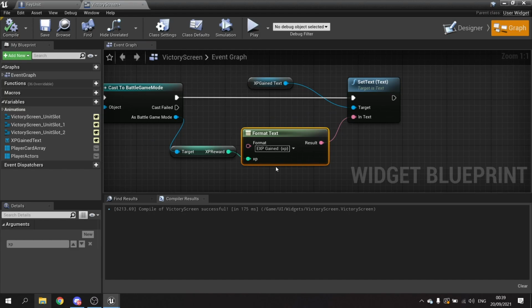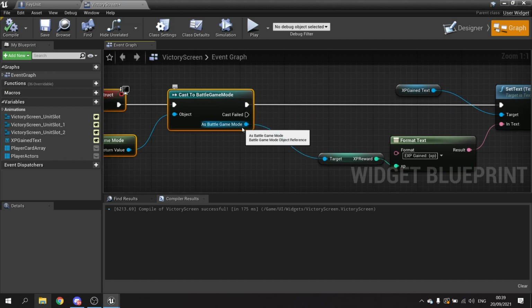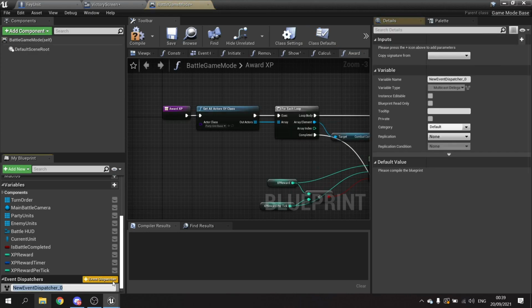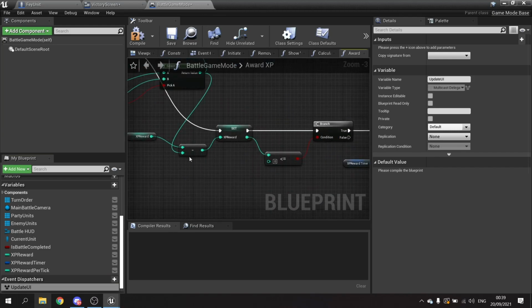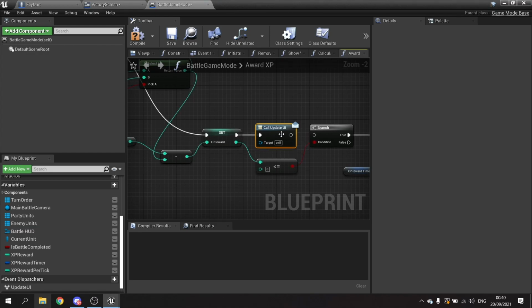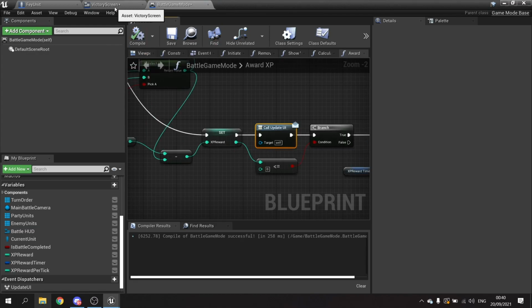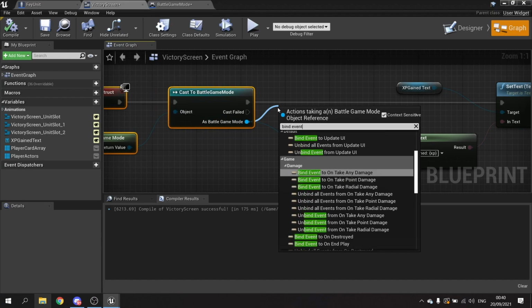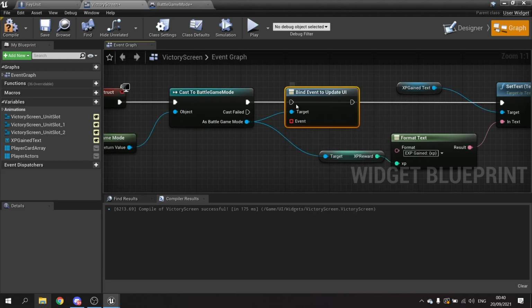But we do need to make a binding to this because we need to call this again so that we can update it as the XP reward is going down. So on the XP battle game mode here, we're going to make a binding based on the game mode. Let's go to the game mode, and we'll call this one on the event dispatchers update UI. And when we award the XP, we go down here to take it off the reward. We're going to take update UI and call it, plugging it in there. We then want to go to our victory screen, and on here we're going to do a bind event on update UI. Plug this in,